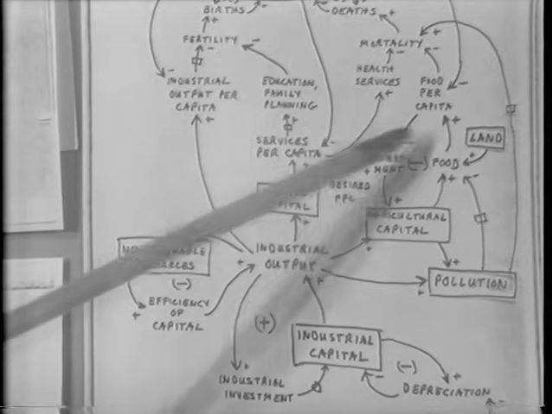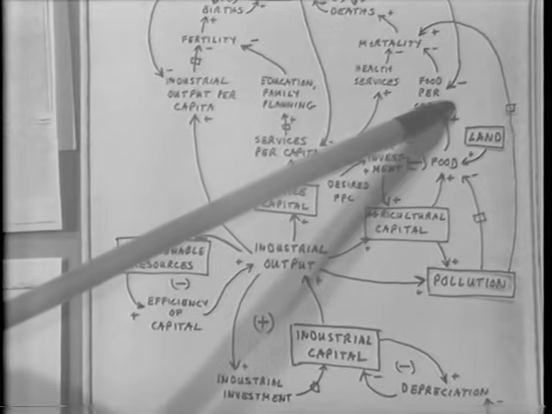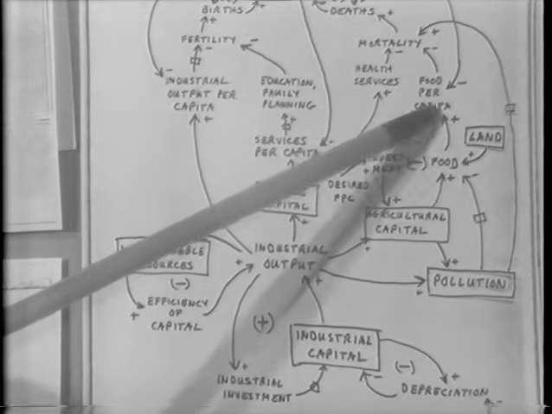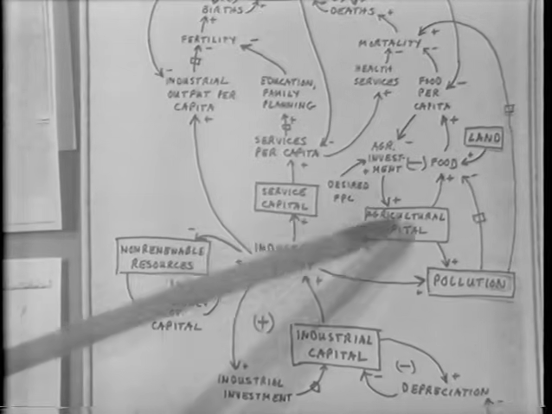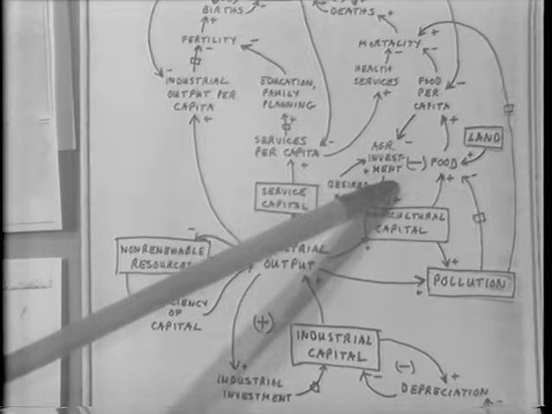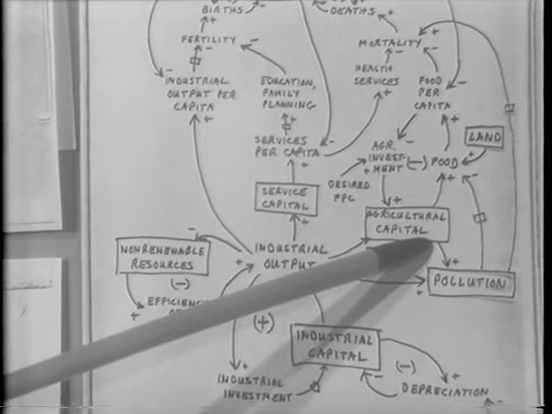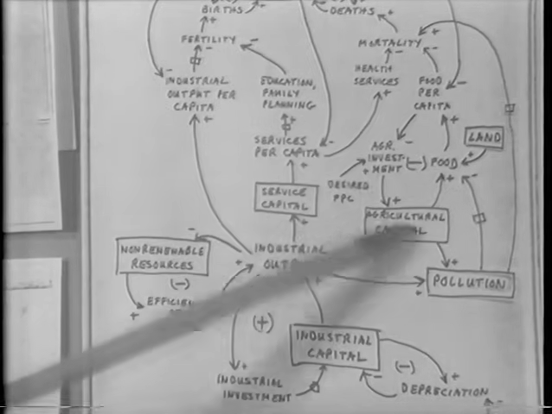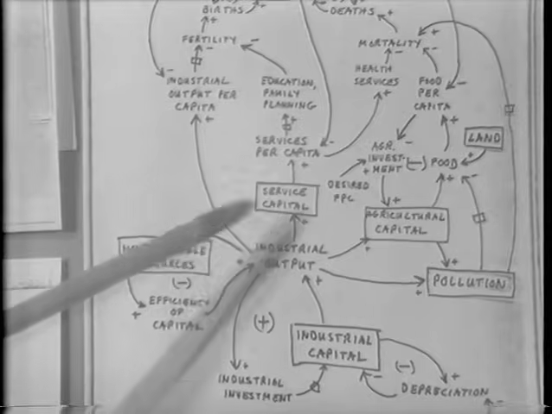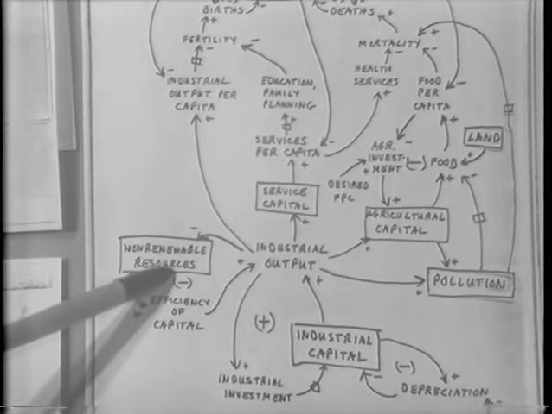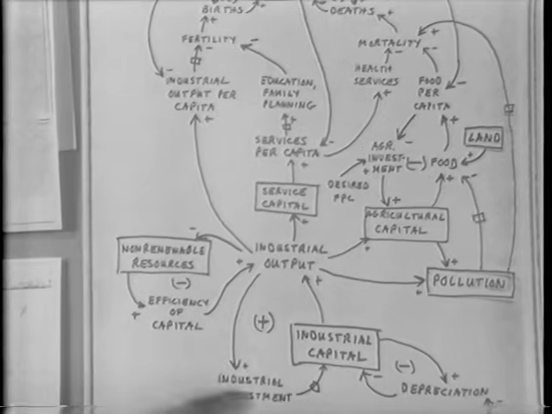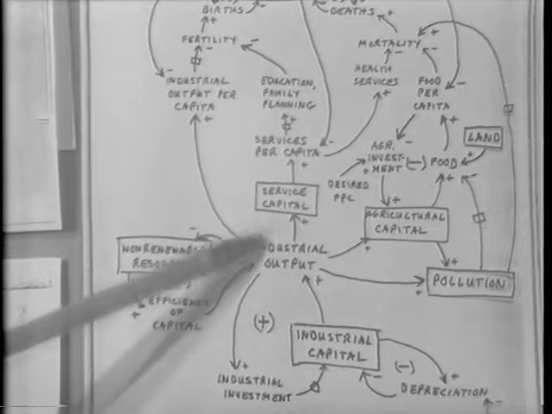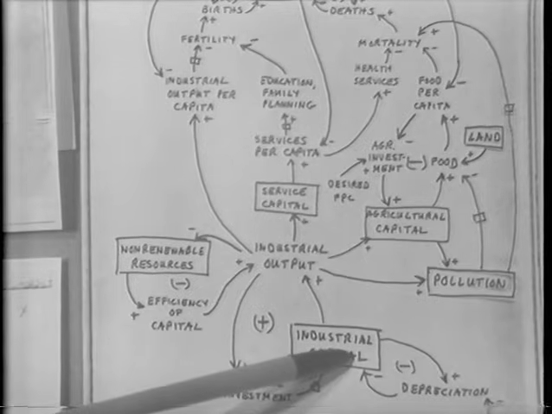Anyway, the amount of food desired is compared with the amount actually available. And the gap determines how much of the output should be put into agriculture, how much of the total output of the economy should go into agriculture, and that builds up agricultural capital. There are similar loops like this, determining service output, determining how much capital is allocated to non-renewable resource maintenance or obtaining of non-renewable resources, and how much is allocated to investment that will increase the productive capacity of the system